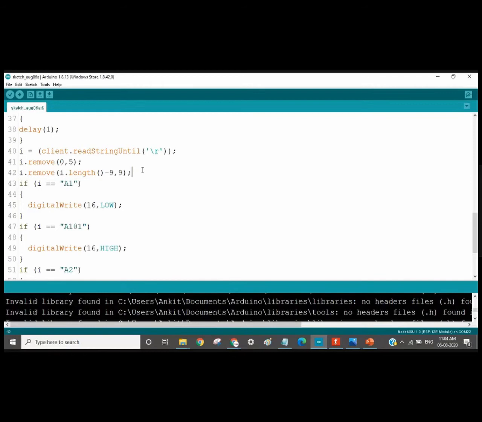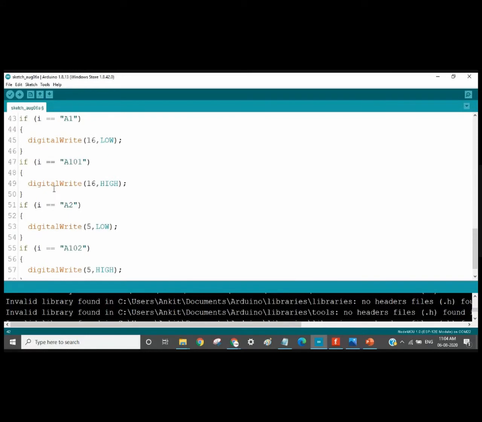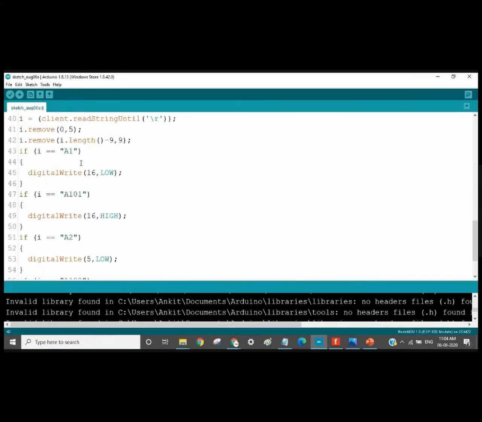Okay. So we are changing the content of I as per our requirement, right? Once the value of I is changed, once we get the desired value, then we will use the if statement to change the values of the relay.